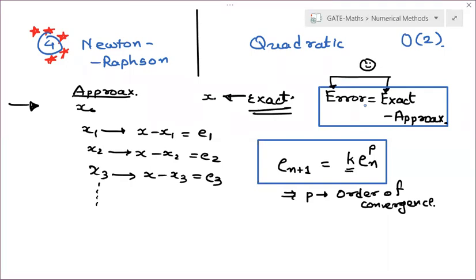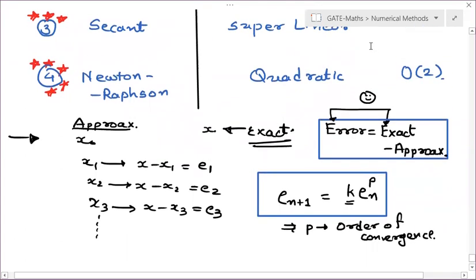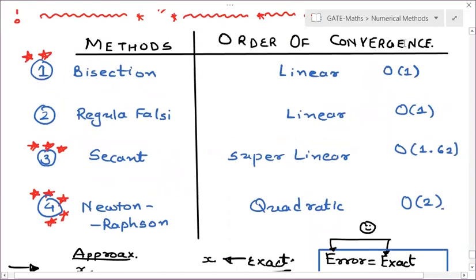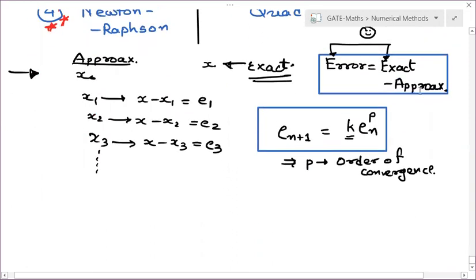And here, if p increases, then the error value decreases, right? It is reaching the root very fast. The fastness of convergence is called order of convergence. Newton-Raphson method converges to the root very fast. The second method converges to the root next fastest, but it is not reliable. Okay, because with 1.62 speed it will get you there, right? Its speed will be 1.62, but you cannot rely on it.